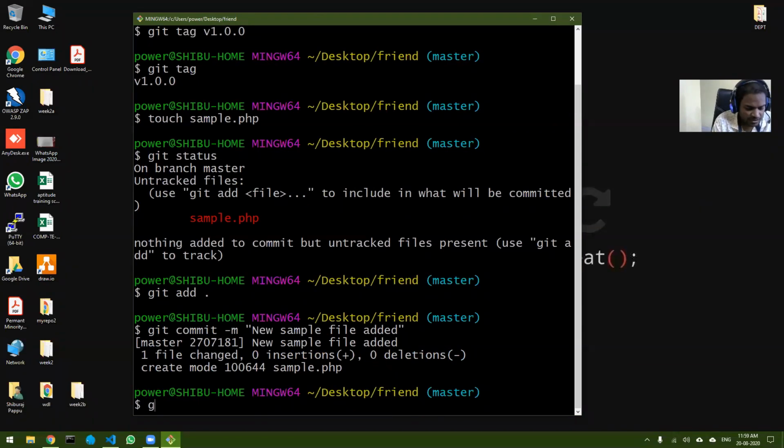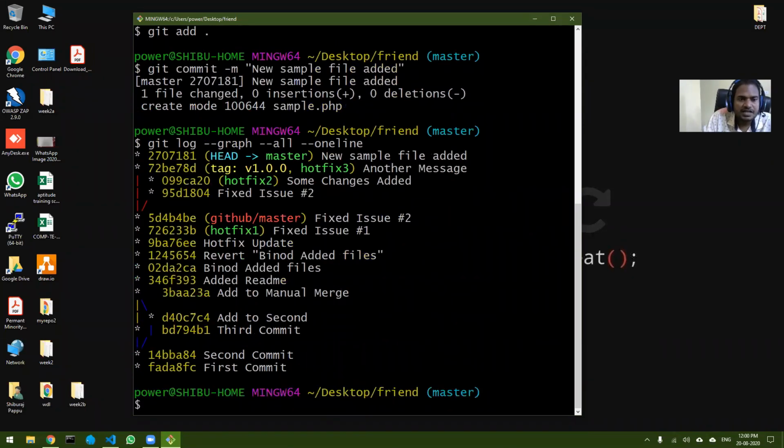Now if I do git log, with all and oneline, and press enter, you can see what all things we have done. And the best part is it now shows the tag also.